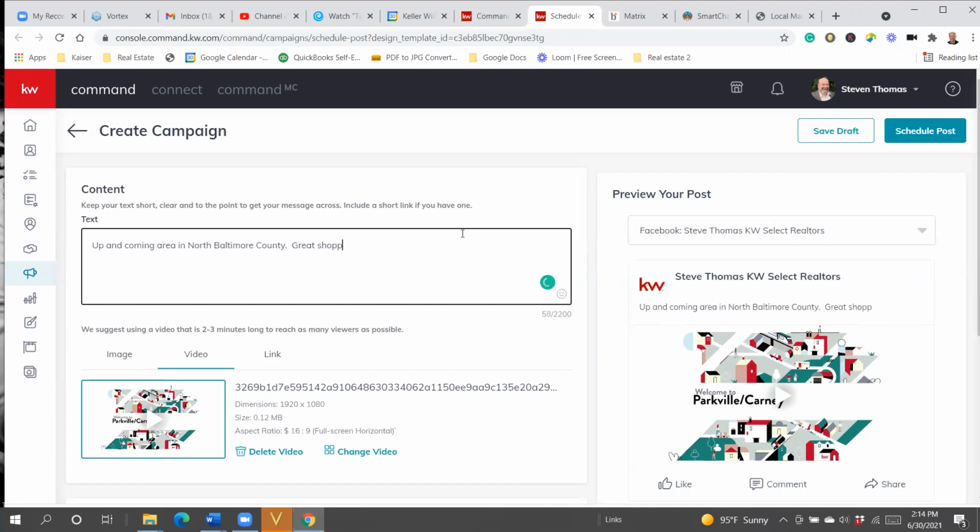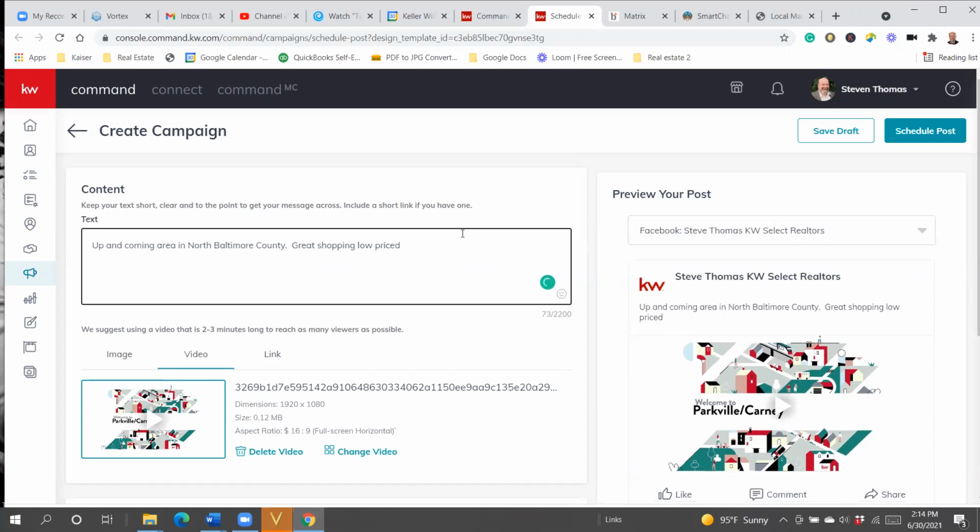Great shopping, low priced homes, and friendly